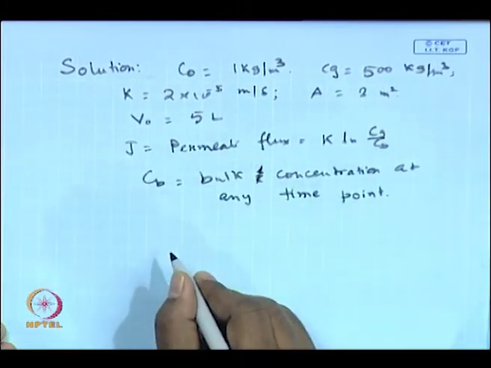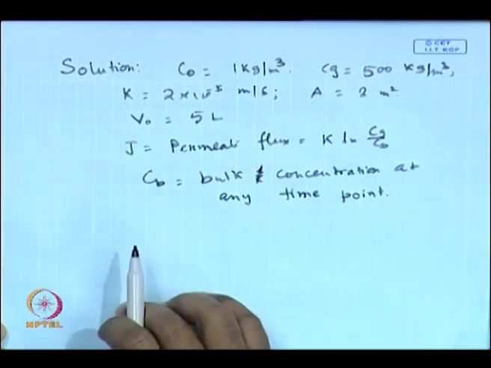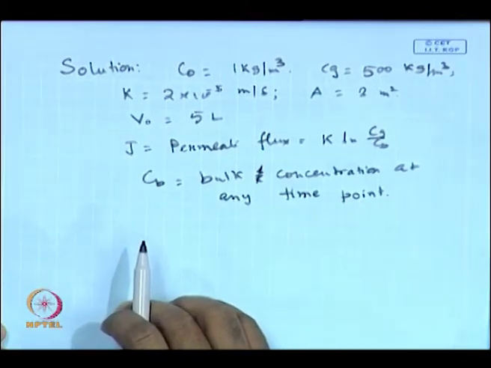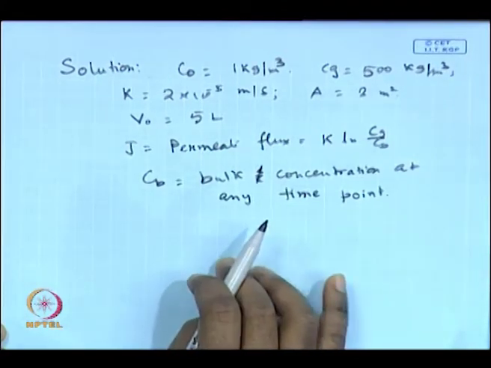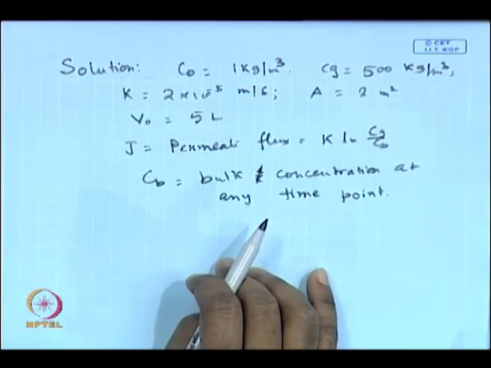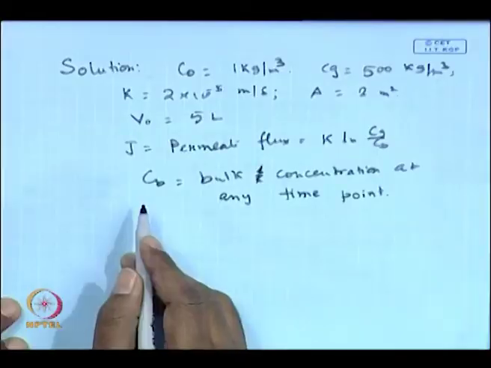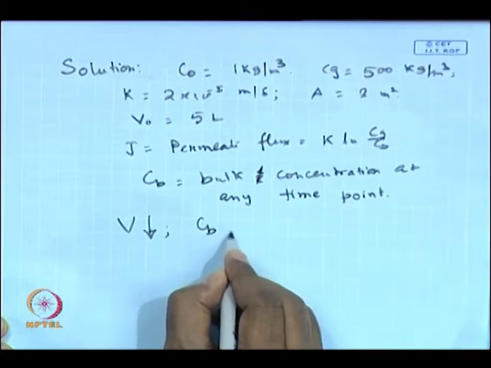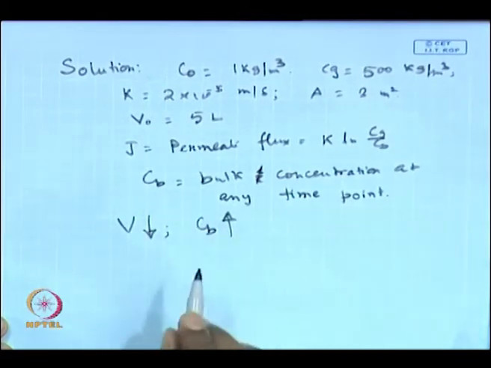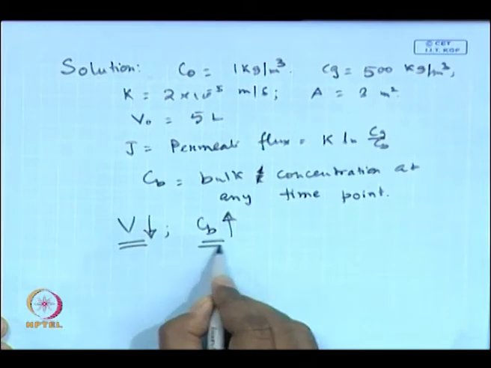Okay. So, what is the difference of this problem compared to the earlier problem? In the earlier problem, the bulk concentration was constant. In this case, the bulk concentration is not constant, it is a function of time. Why is it a function of time? Because you are extracting water out of it, therefore, there is a reduction of feed volume, and because of the reduction of feed volume, the concentration is getting increased. So, volume is decreasing and concentration is increasing. So, we must be writing overall mass balance and material balance in order to trap the variation of the volume and variation of the feed concentration.